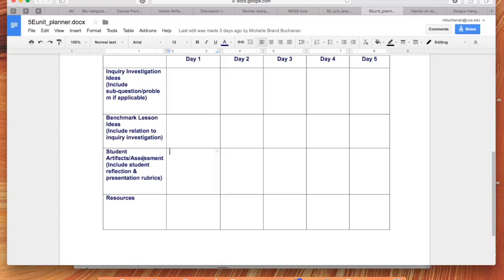Now, there's a difference in assessment. There's things that you're looking to see what they're understanding, and then there's also that same thing looking to see how they're understanding and you're taking a grade for it. So if you're actually going to take in a grade for something, then go ahead and put in graded lab report. Or you can simply say exit slip, and we'll understand that that is a type of assessment that is not graded. Resources, again, just copy and paste the websites in here